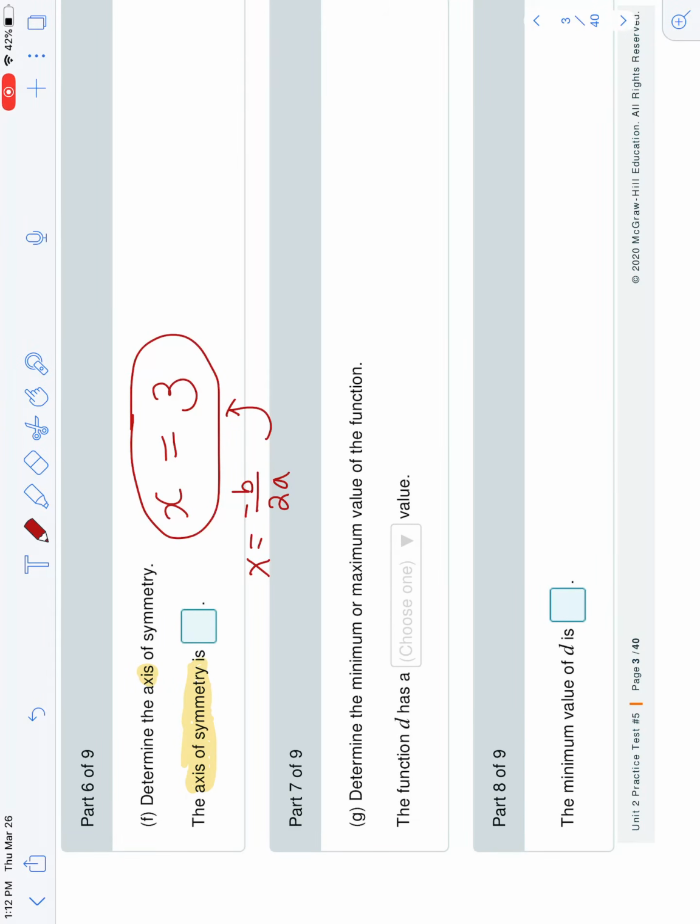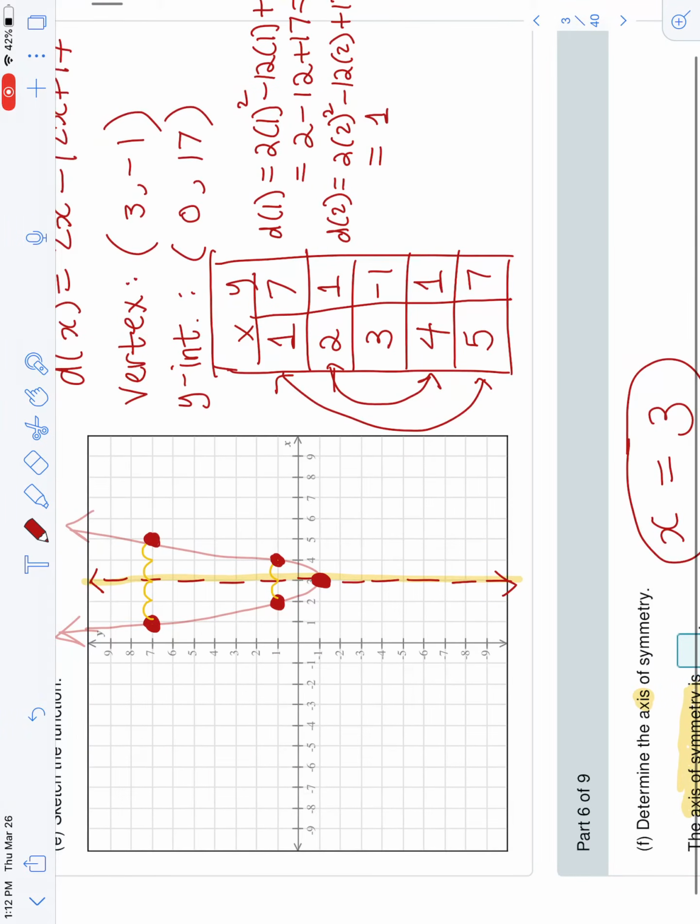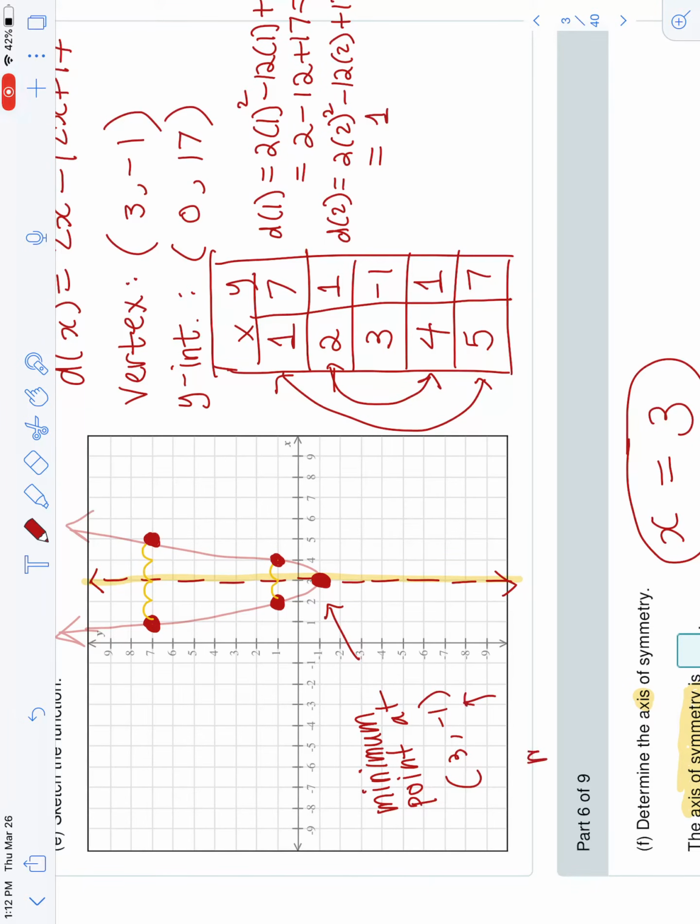They want you to determine the minimum or maximum value of the function. Now, let's take a look at the graph, okay? The graph is a nice parabola opening upward. So we do have a minimum. I'll say minimum point at 3, negative 1. So when they ask you for the minimum value, remember, they're asking you for the y-coordinate, right? So the minimum value is at negative 1, which is the y-coordinate